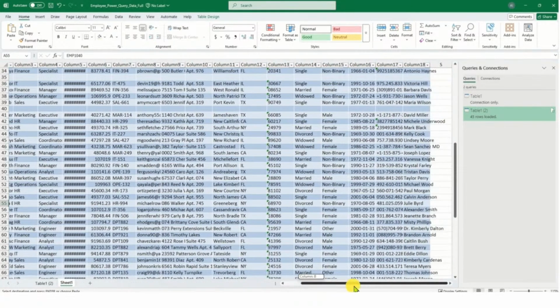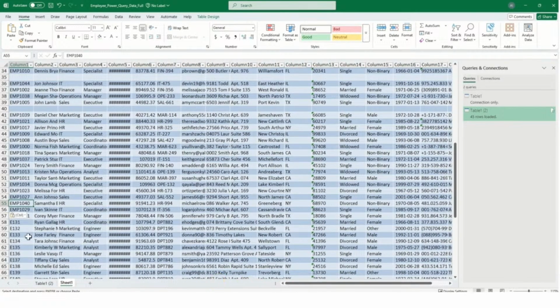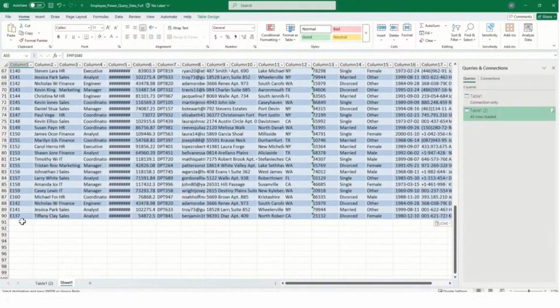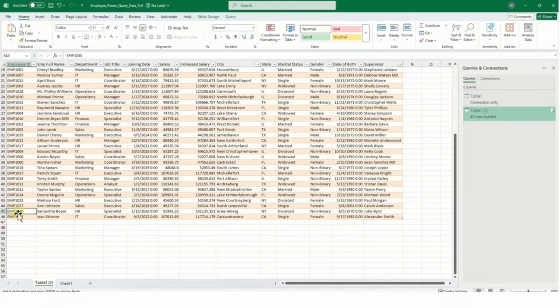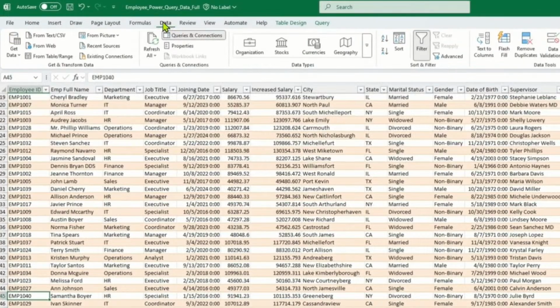तो पहले हमारे पास 57 रोज थी और एडिशनल डेटा के बाद अब हमारे पास 90 रोज हो गई हैं और हमारी फॉर्मेटेड शीट में अभी हमारे पास 46 रोज हैं। और अब इस लिस्ट में न्यूली एडेड रॉ डेटा को फॉर्मेटेड स्टाइल में कन्वर्ट करने के लिए डेटा टैब में क्लिक करें और